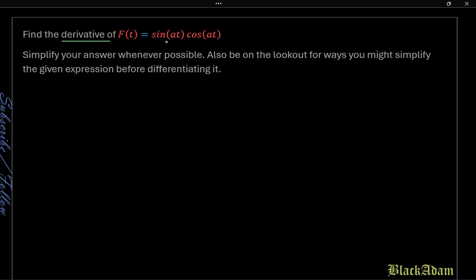Welcome to maths class. In this calculus problem we need to find the derivative of sin 80 cos 80, and then what we have there is f of t equals sin 80, that's our function, multiplied by cos 80. Then from there we need to know the parts of the function, so